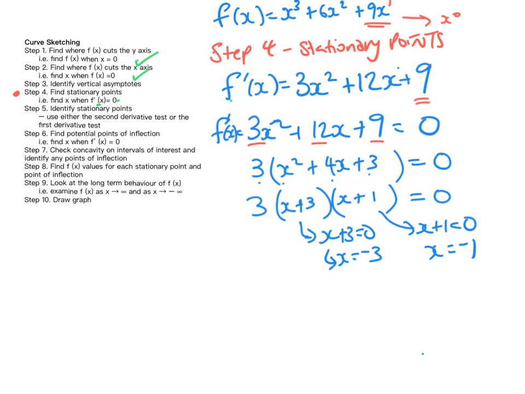So to locate those points on my graph, I've only so far got x values. And what I need to do to plot them and to find where the turning points are is put these values back into the original equation. So my first derivative's done its job now to find the turning points. Please note we haven't found any points of inflection necessarily. We've just